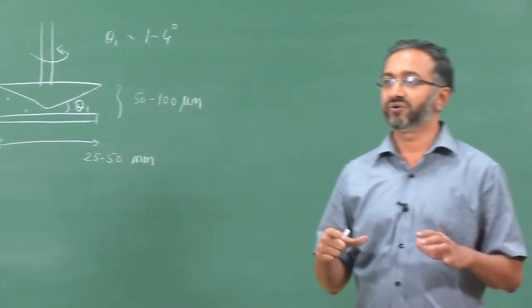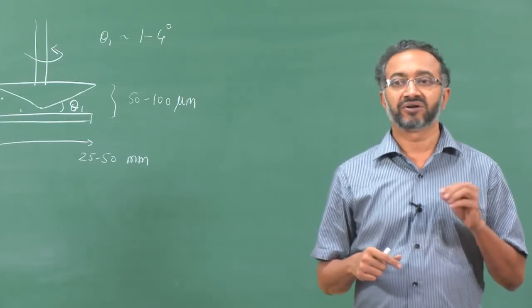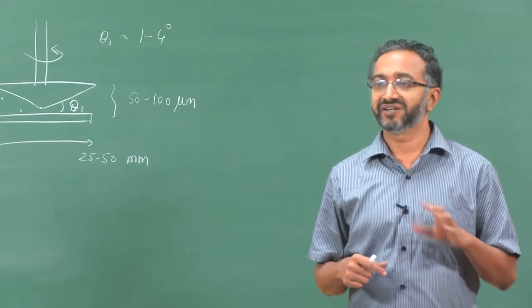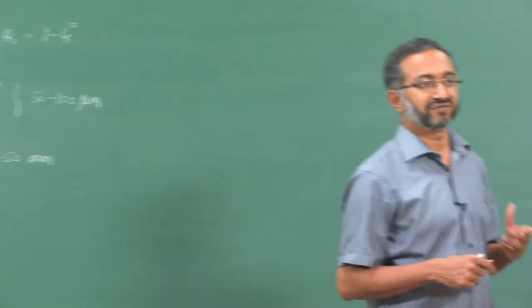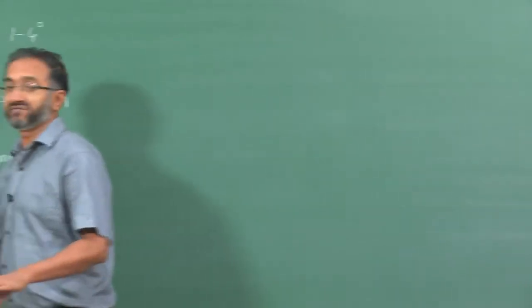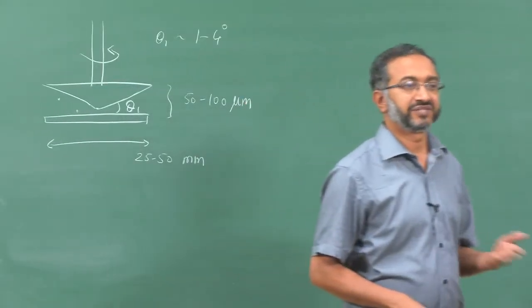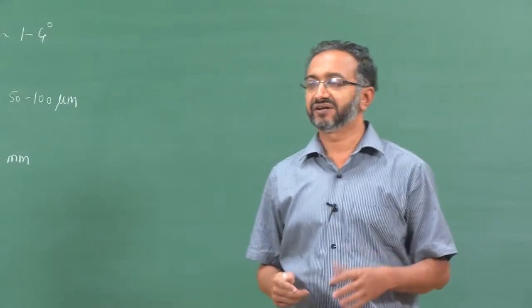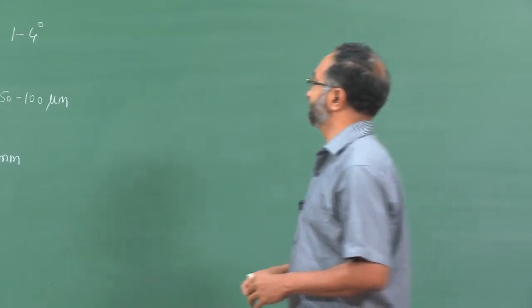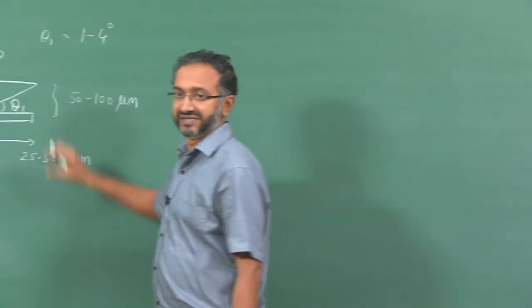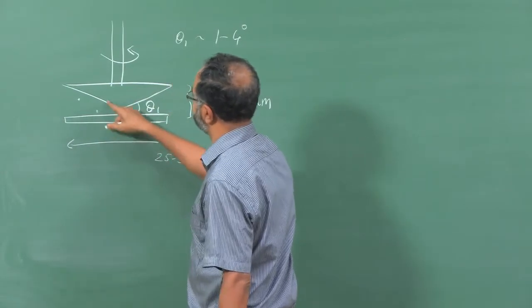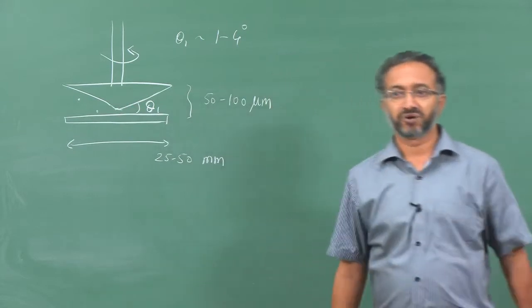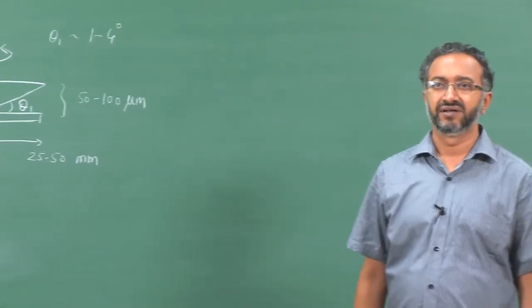And we have seen throughout the course that material properties depend on the extent of deformation as well as the rate of deformation and other derivatives. So, therefore, since material properties depend on the extent of deformation and deformation rate, it is better for an unknown material to be subjected to the same deformation throughout the geometry, which cannot be ensured in a parallel plate or concentric cylinder or other geometries. So, therefore, cone and plate is widely used as a geometry. The other thing we usually do is this cone is truncated, otherwise it will go and touch the bottom plate. So, therefore, there is a small truncation, and